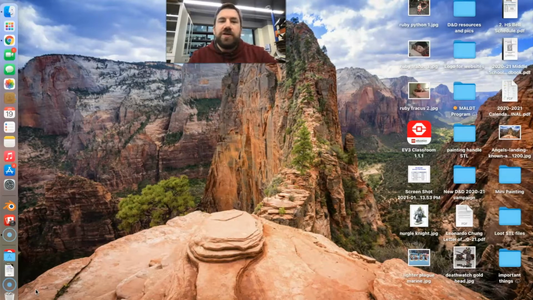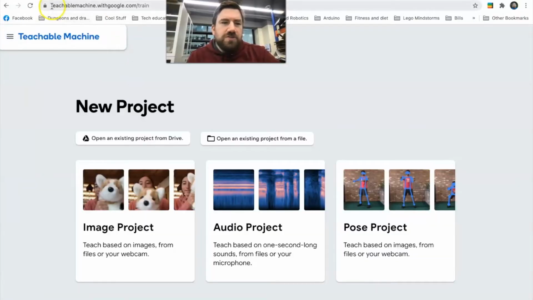We talked about machine learning, which is where you teach a machine to discern something. Maybe it's a difference between sounds, maybe it's a difference between shapes or poses. So I want to give you a walkthrough, and I thought the best way to do that was by doing an example. First thing, we're going to go up here, and we are going to go to